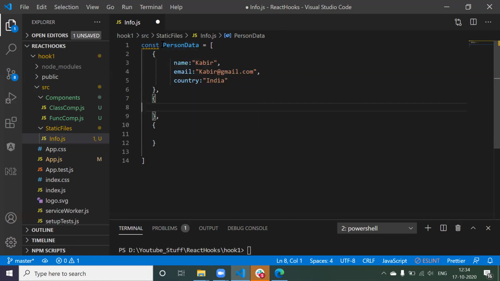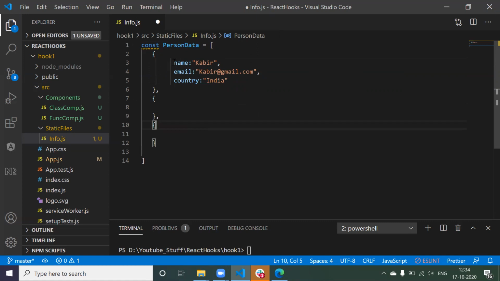So we are preparing a JSON object which contains some kind of data. Now this data is nothing but person data. This particular person data is nothing but an array. Okay, now an array contains elements, right? Each element is one object. This is the first object, this is the second element, so one more object, this is the third element, so one more object. Now each object contains the details of a person.